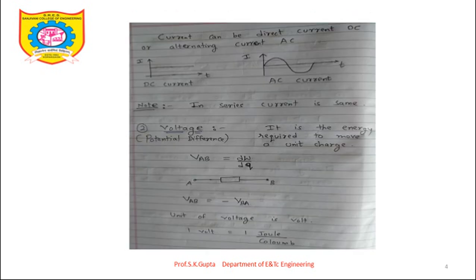We have also seen one important note while looking at the current: in series, current is the same. As the elements are connected in series, the same current should flow. So across this 5 volt source, the current is also 2 ampere. Here 2 ampere, here 2 ampere, and 2 ampere current is flowing through the 10 ohm resistor. Now I think we have everything to calculate the power.